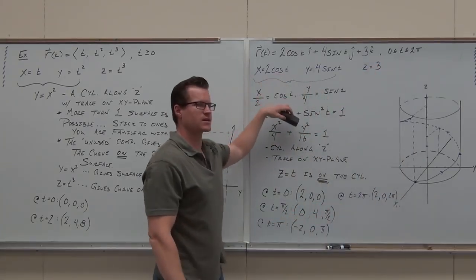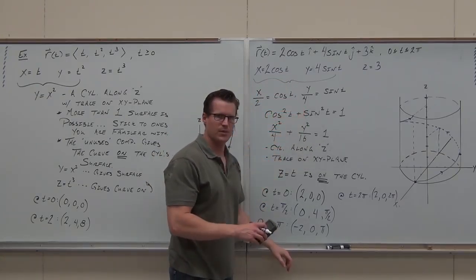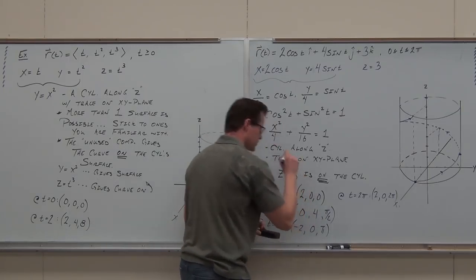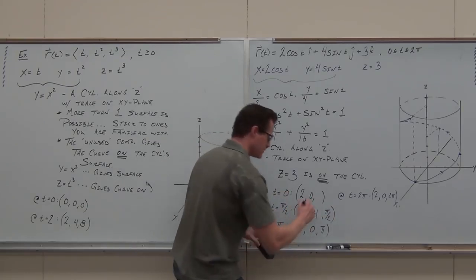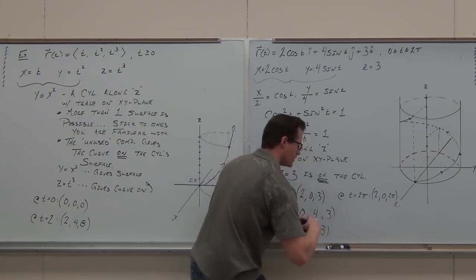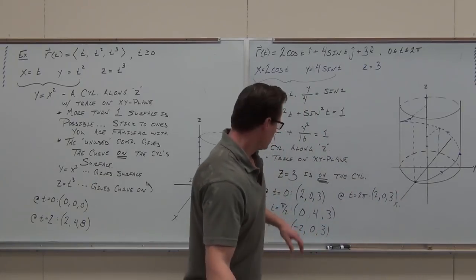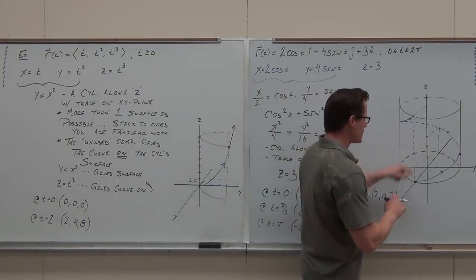This would be exactly the same cylinder. But then when I got down here, this would happen. All these values, z equals 3, right? What's that value? 3. What's this value? 3. What's this value? 3. I'd still be on the cylinder. But what would happen is that up here at